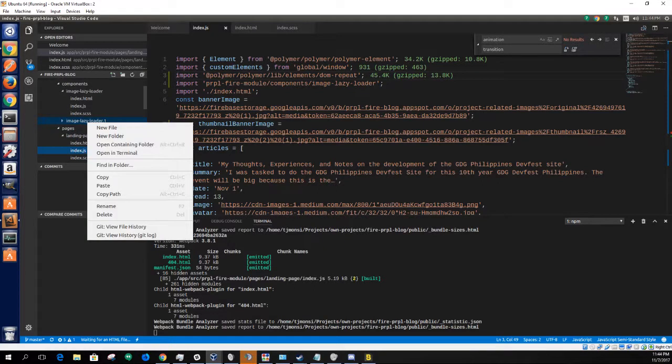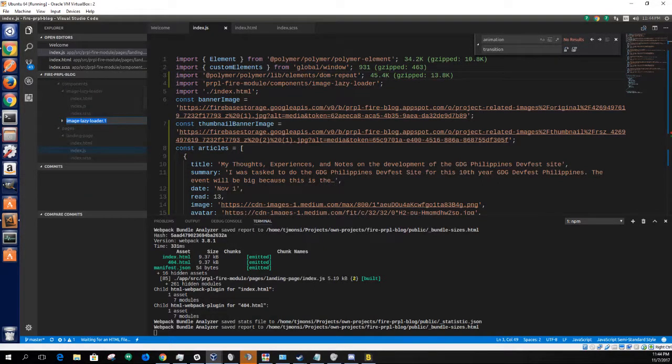I'm thinking of creating a slush generator or task to create components for a module, but I'm still dilly-dallying on that one. So it's a fire article. I named it fire article,